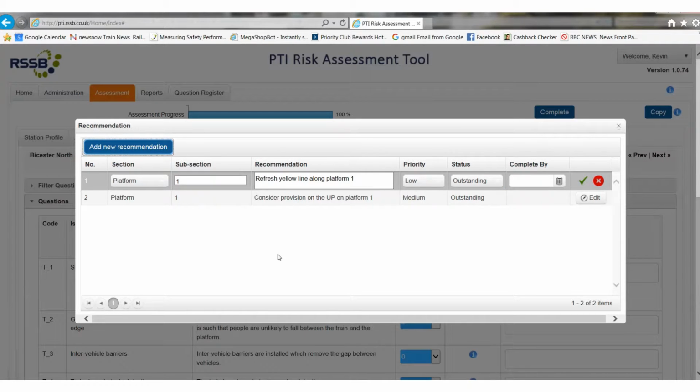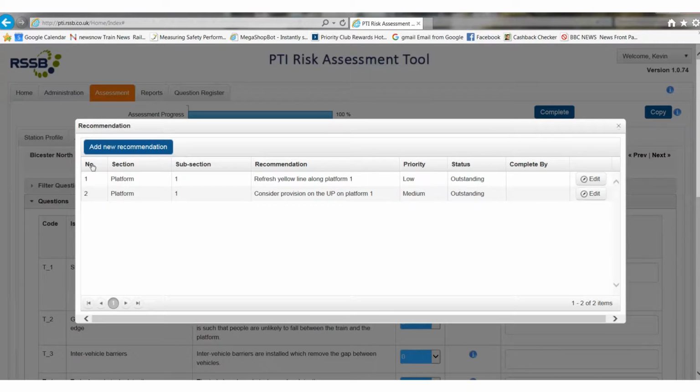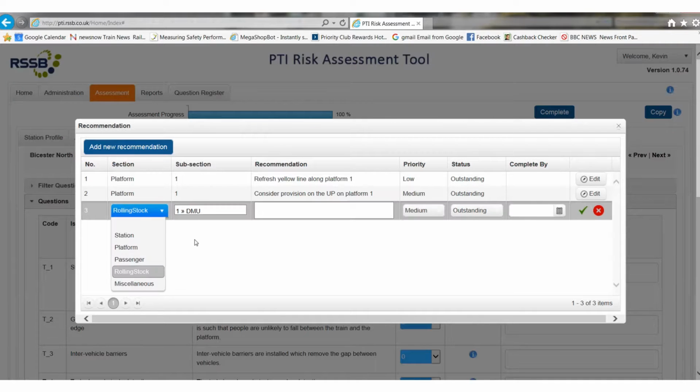or we can add a new recommendation by clicking the new recommendation button. It'll always start by the area of assessment that you're on, rolling stock, but you can change that. You can put in your own miscellaneous section, or it could be station wide, or to go back to where you were. Subsection is DMU is where we are on, but you can change that and write in whatever you like into that section. So I might put, for example, ticket office,